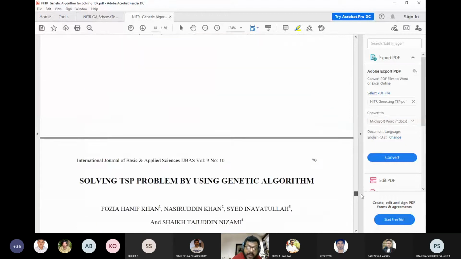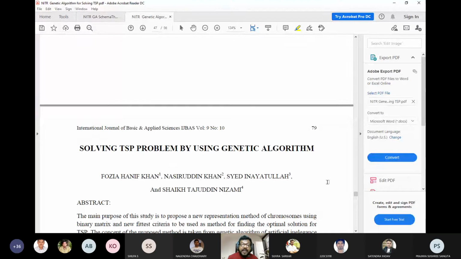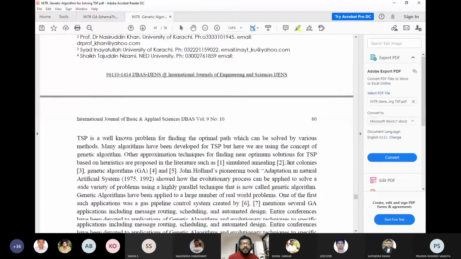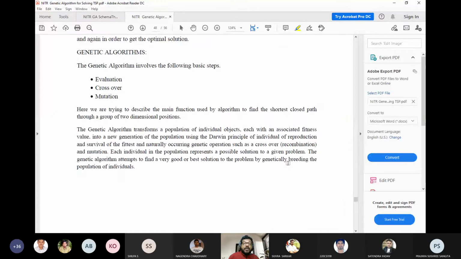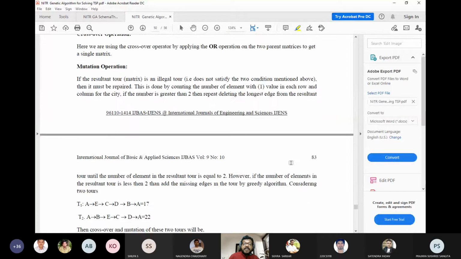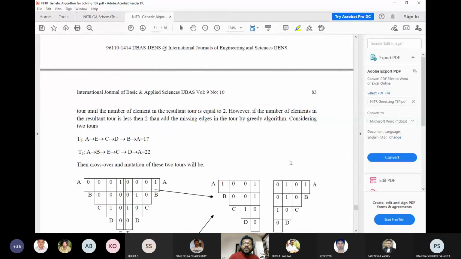Here I have found one uniqueness. The uniqueness is how to generate the initial population. It is not exactly using random numbers. It tries to explore the graph property: if you are going from city A to city B, let us say there are three paths available from B to C, B to D, and B to E. If three paths are available, all three are going to be three individuals in the population. I'm talking of initial population generation. So this particular paper explains the initial population generation, which is very good.